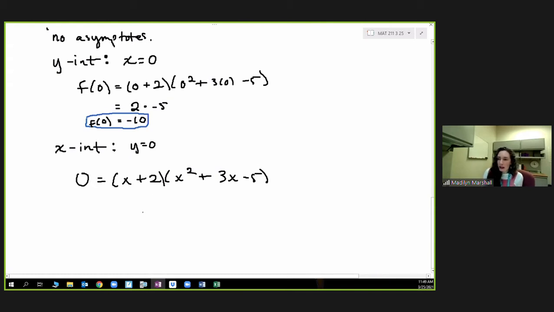So in this case, we would want to factor as much as possible. The thing is, the x plus 2 is already factored, and the x squared plus 3x minus 5 doesn't factor anymore. There are no two numbers that multiply to 5 and add to 3. So that's okay though. We have this as factored as possible, so we can still break down these two factors